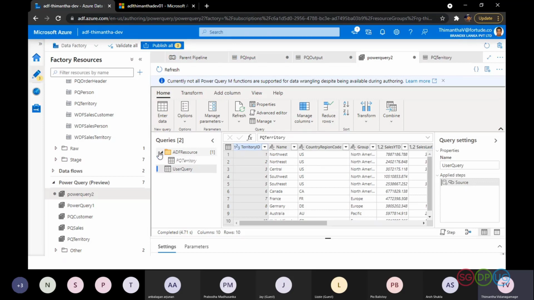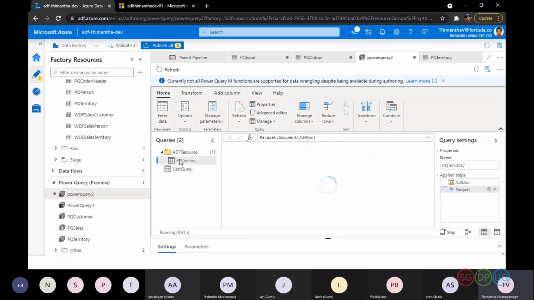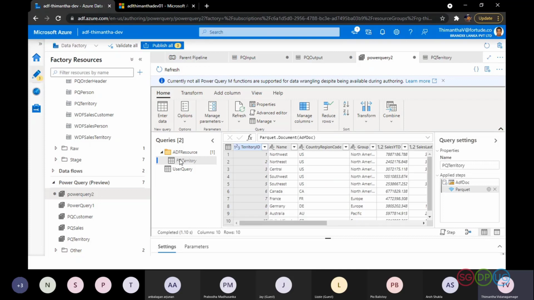There is no ADF resource folder generated automatically in Power BI. What this refers to is the respective source datasets that are referred, and user query is basically the query